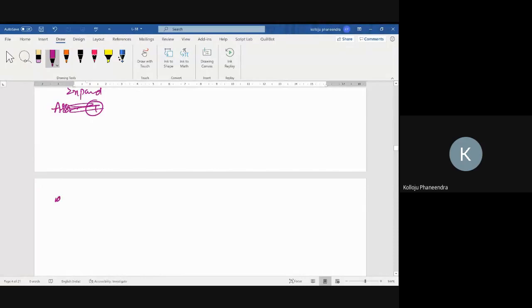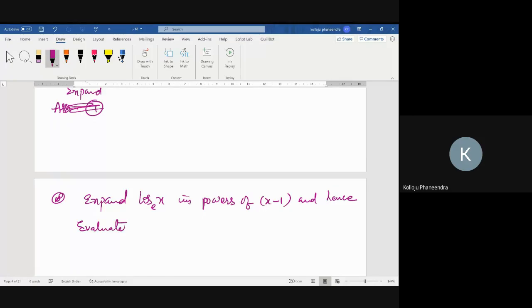Expand log x to the base e in powers of x minus 1, and hence evaluate log 1.1 to the base e correct to 4 decimal places. Solution: